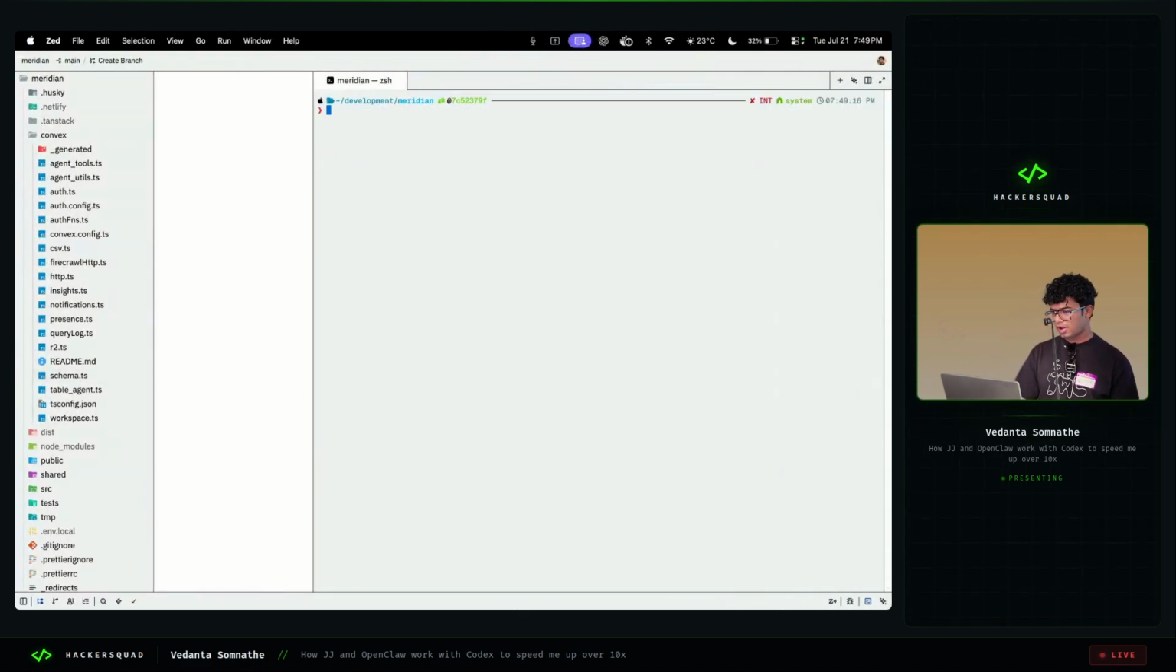The only other thing that my workflow contains, apart from coding from phone and OpenClaw, is JJ Jiu-Jitsu. Has anyone ever heard of that before? It's like an alternative to Git. How many people have heard of Git before? I'm sure everyone uses Git. Okay, cool. So JJ is like